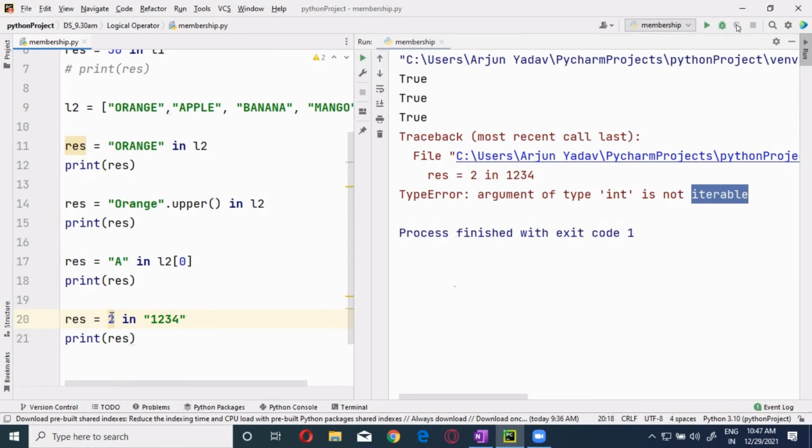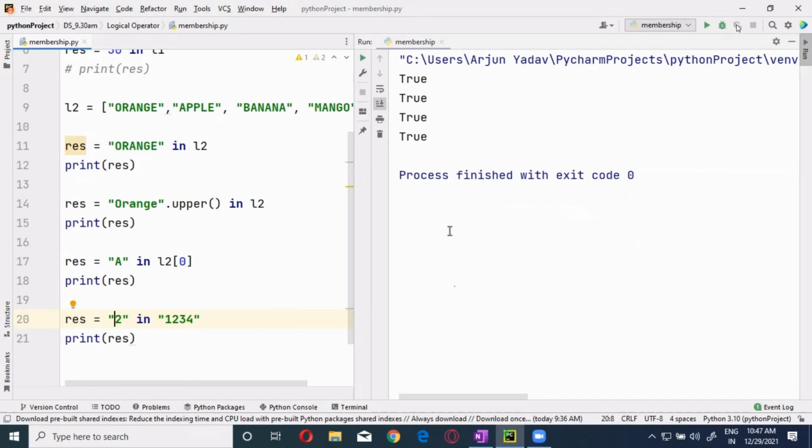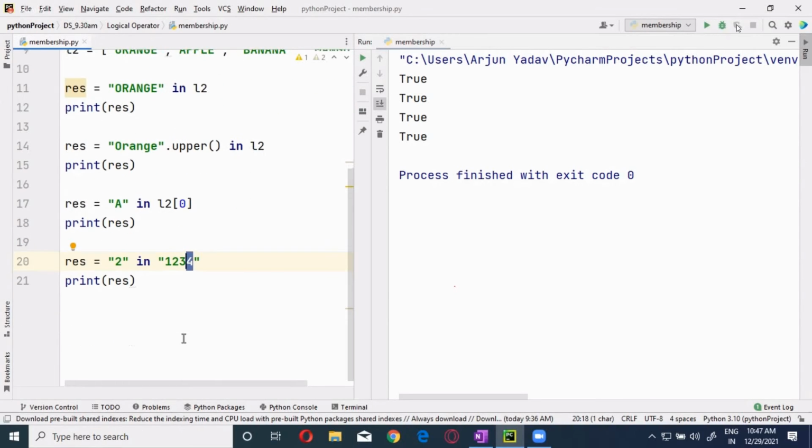Now you look for 2 over here. This should be 2. Okay, 2. Now you will get it, 2. Got it? The only thing is, the in operator is especially used with sequential data types only. Remember that the in operator can be used with sequential data types only. Remember that.